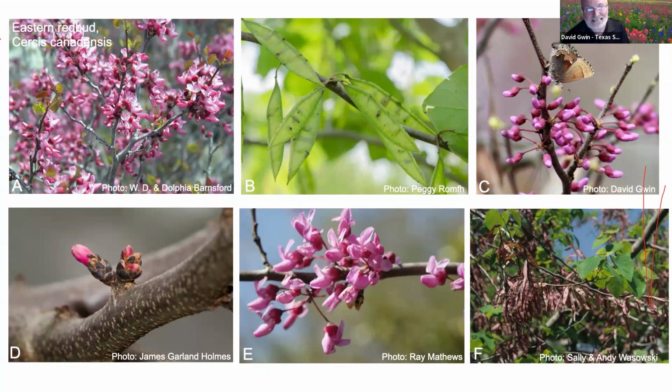And it lays its eggs in the buds of the flowers of the eastern redbud. So it's got an interesting natural life cycle in and of itself, in that its host plant as a butterfly is actually the eastern redbud tree. Okay, I digress. But D, you would go to C, then you would go to E, where you see